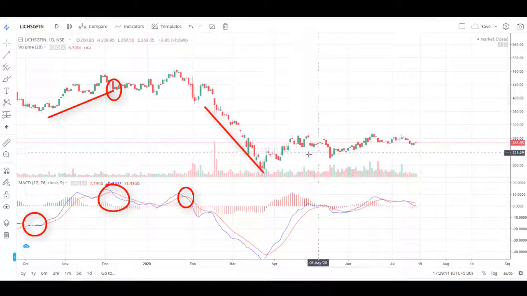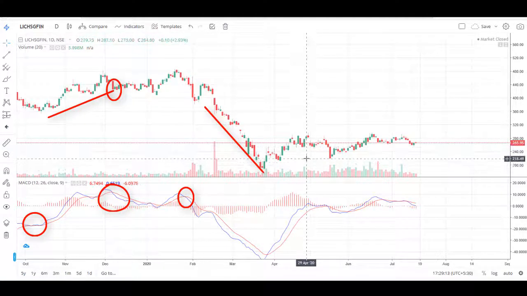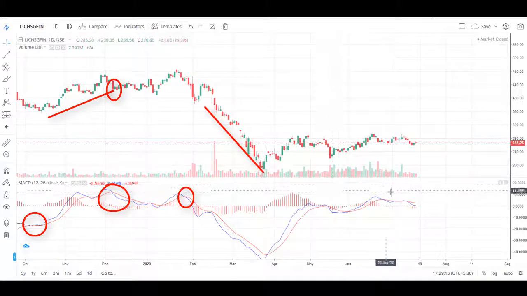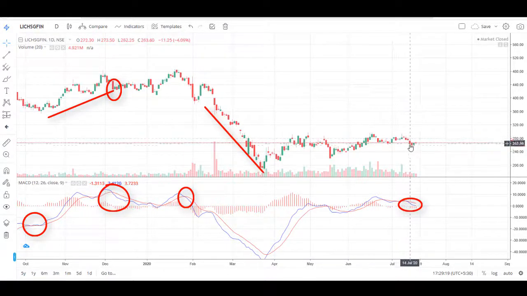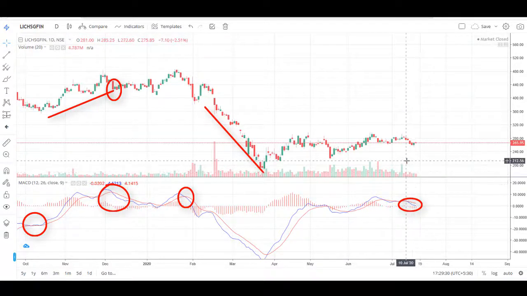After that, now you can see the price moving sideways. There is some volatility, but most of the time it looks like sideways, and the recent signal given here is a sell. Also you can see the last 4 days it was falling down, and again it seems like it might bounce back, but we are not sure what is going to happen. Also the histograms are very small here, so you need to wait and see what happens.